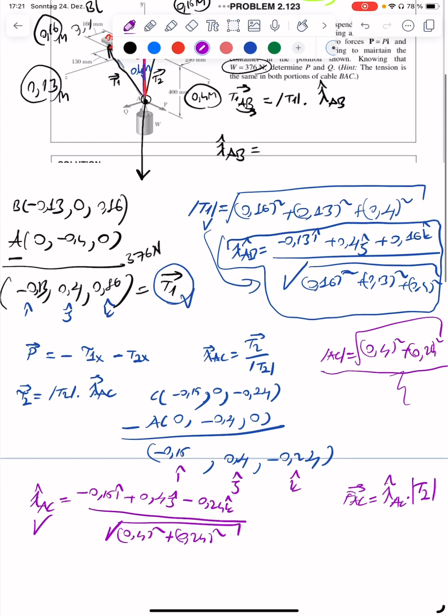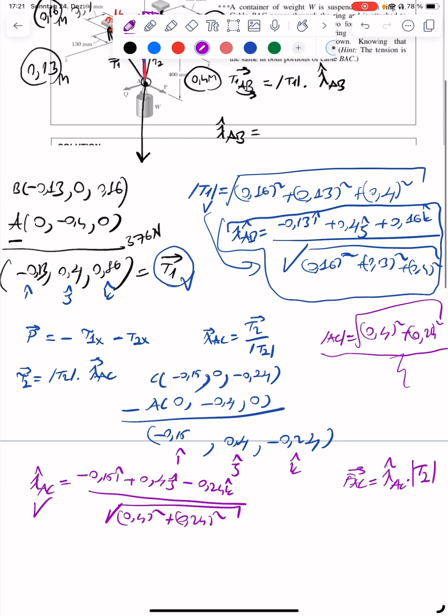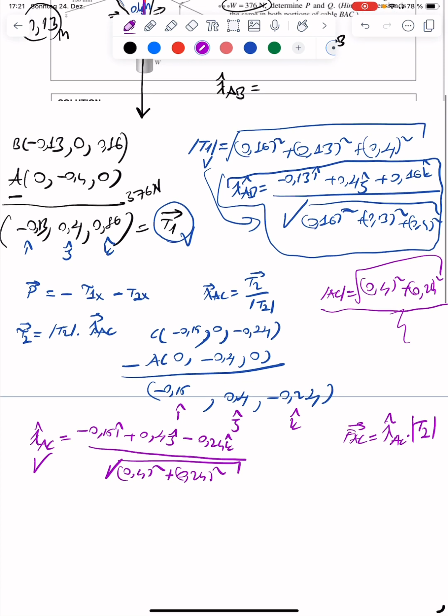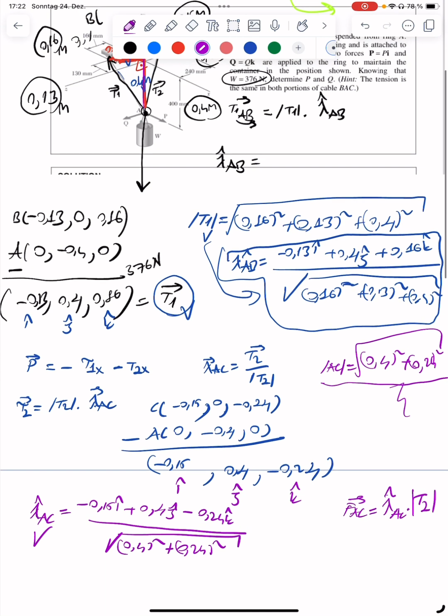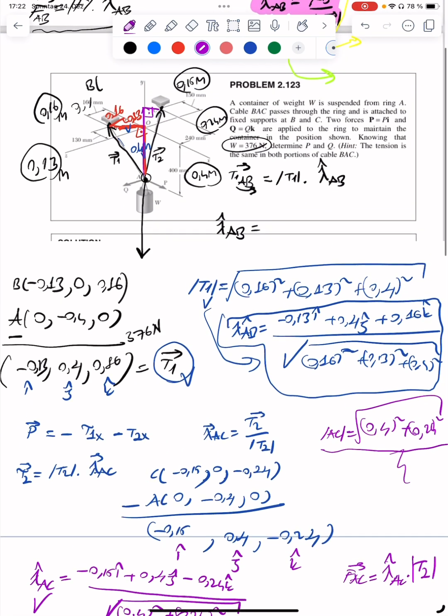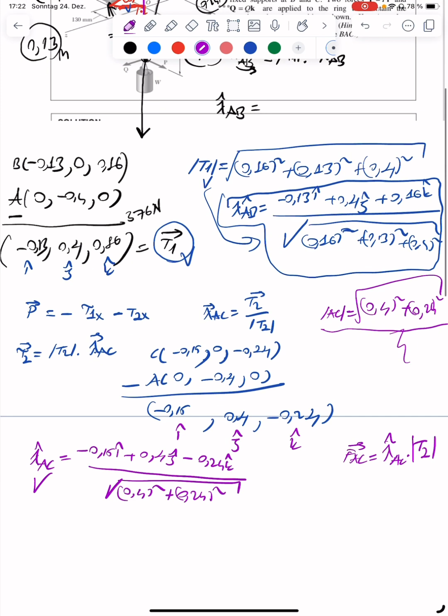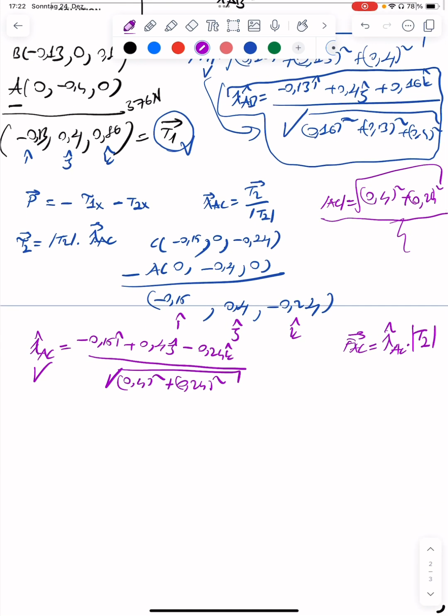And how can we decide to determine P? We can try to determine the magnitude in the x-axis. For example, here